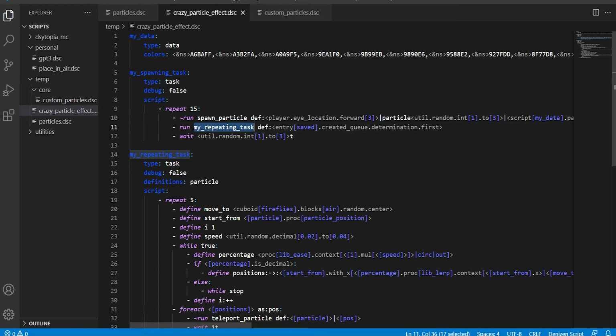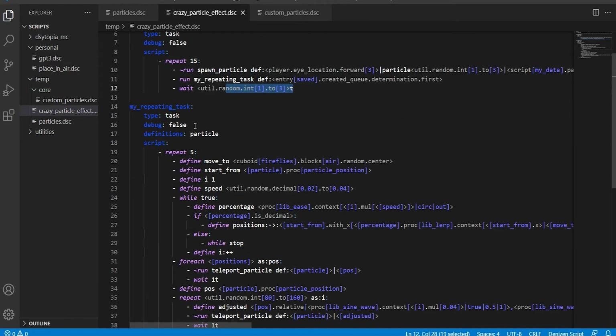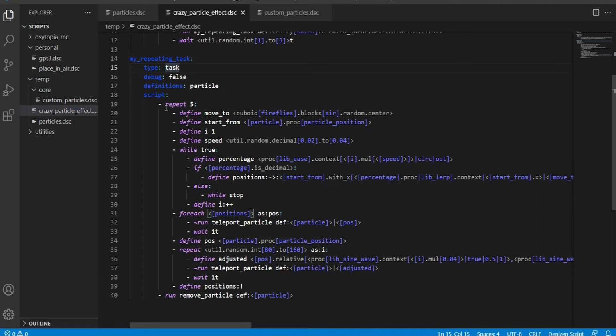And then I'm going to run my repeating task, which is the task that is updating them with that particle that I've saved. Wait a couple ticks and then do it again. And then in my repeating task, I do this 5 times and then I remove the particles. But basically, I get the location that they started at, they are currently at. So this is me using that particle position procedure task. This is how that works. I'm getting the position they are starting at,